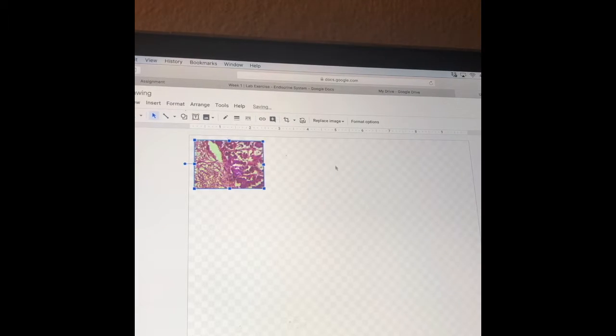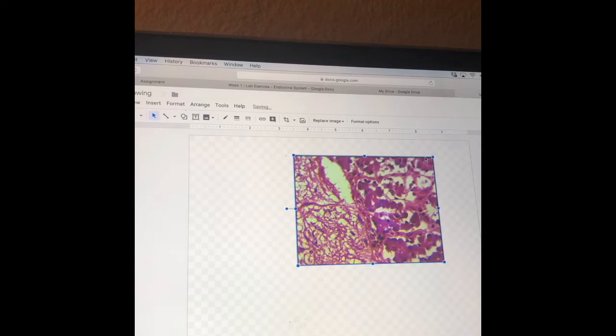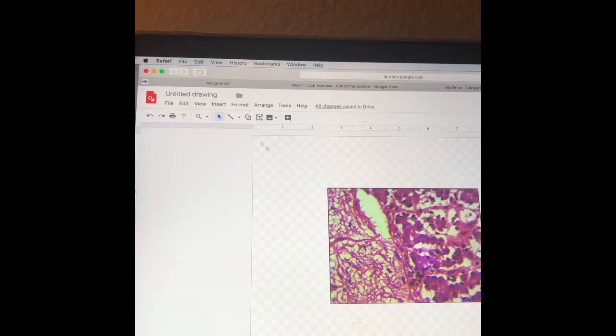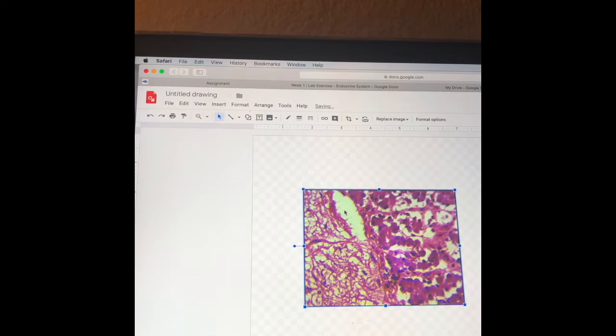Once I go to my Google Drawing, I'm going to paste it. So I'm going to do Control V, and then I will center that and make that big enough to see. Once I've enlarged my photo, I will be drawing a line to each of the cell and nucleus to